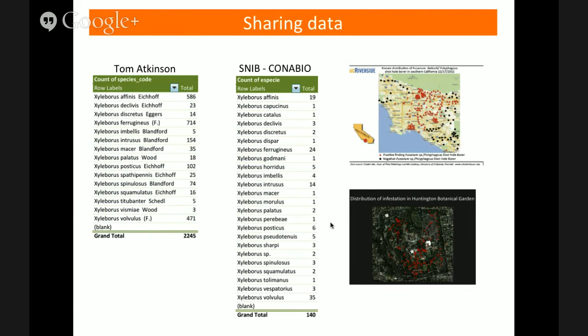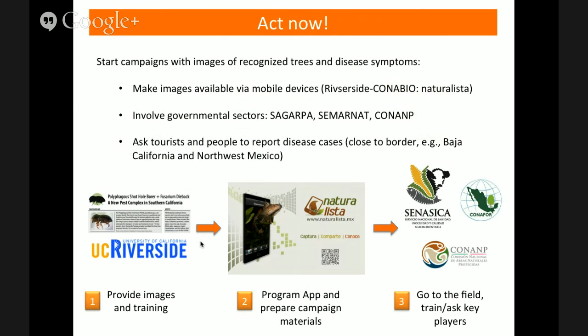I've mentioned before the need to share data, and so basically people that are in the field can contribute a lot. Experts in the taxonomic groups have helped with giving us databases that are of much better quality than what we get online. There may be routes that are already logical to do and to advertise to people in the field and producers. For example, there are colleagues in Riverside that have already experienced the problem of having the Wallace